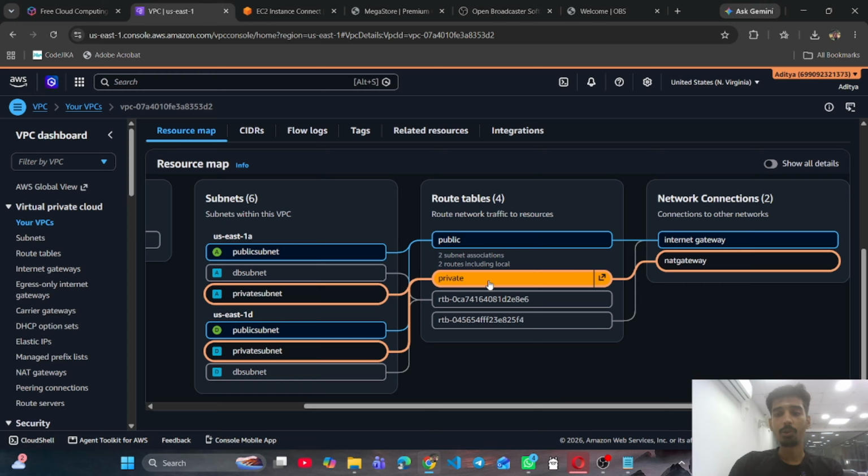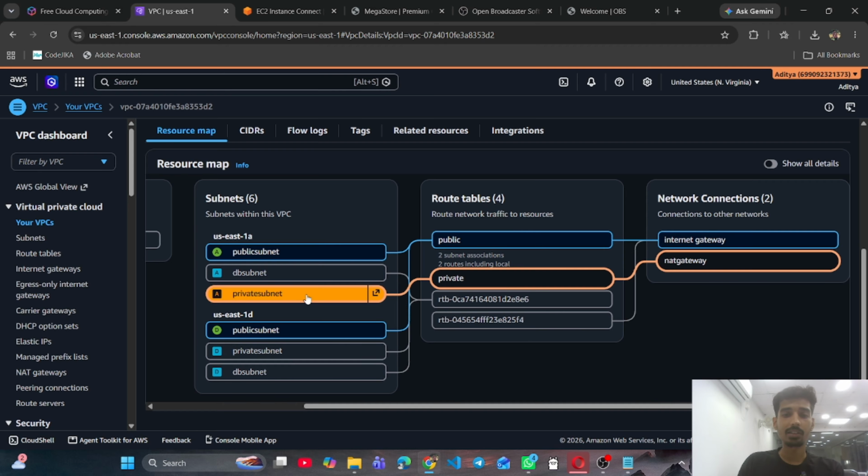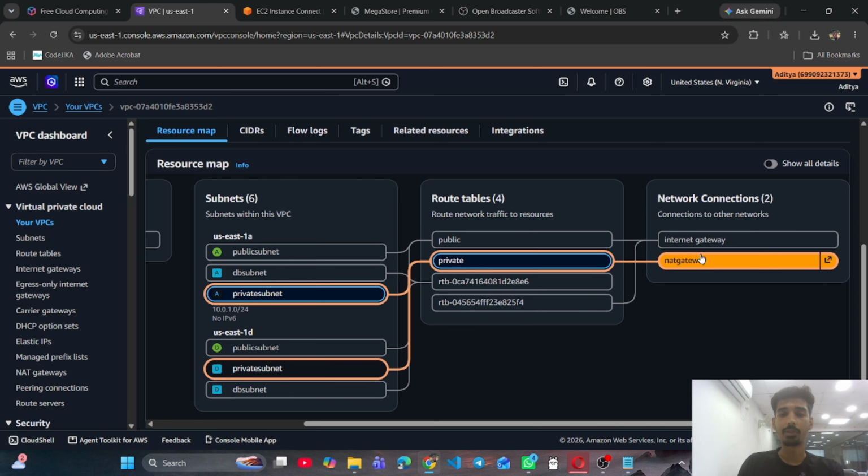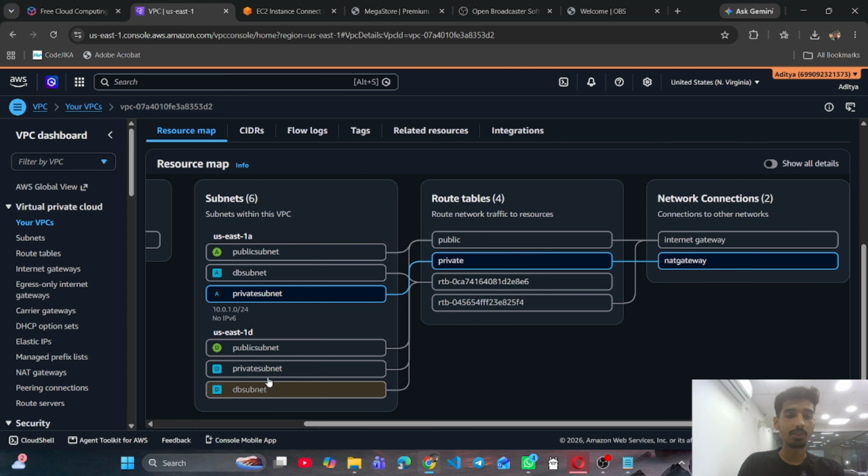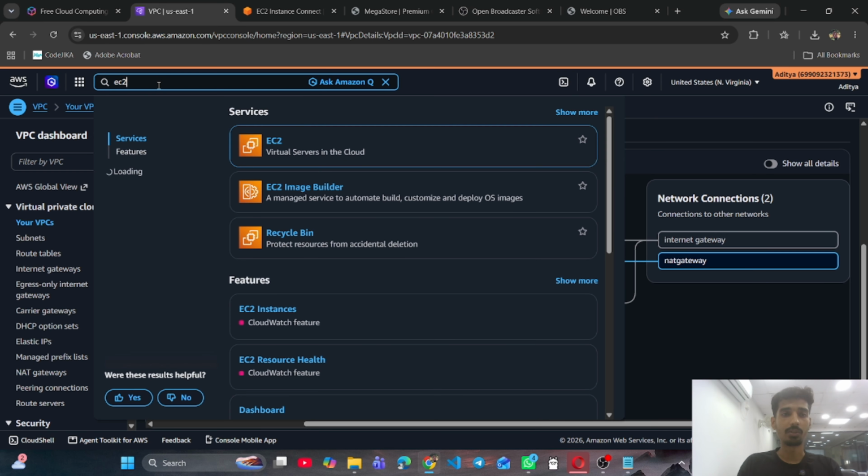The blue areas go to the public internet, because they are attached to the internet gateway, and the private subnets are attached to the NAT gateway. Also, I have created 2 subnets for the database. They are connected to the database only.